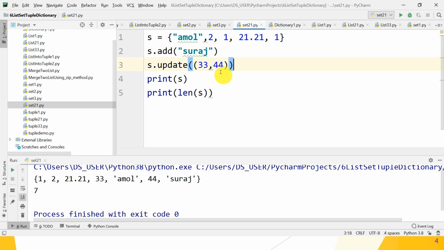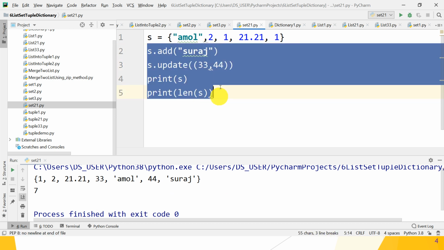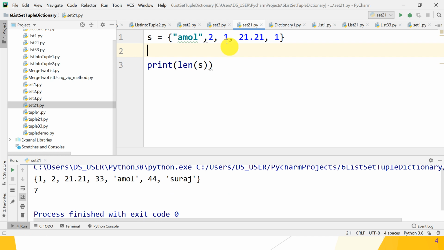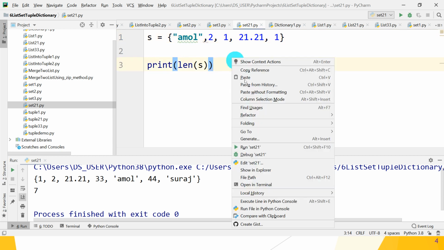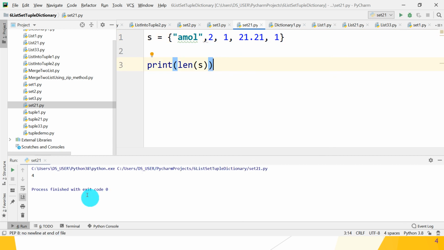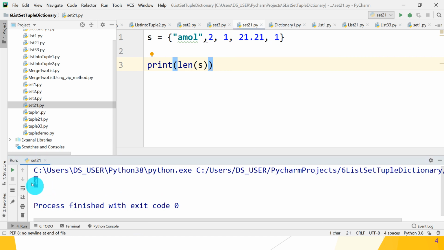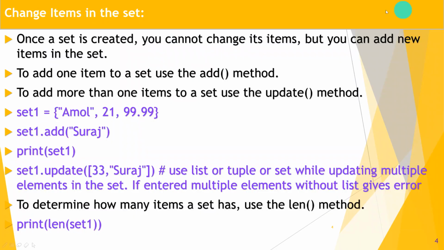But guys, if the set S contains duplicate elements, are these counted in the length? Let's check whether they are counted or not. So it returns 4. So 1, 2, 3, 4. 1 is repeated, so it is not counted because a set does not allow duplicate elements. Great guys. So hope you understand the length method. Great.